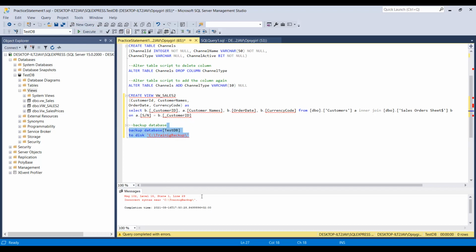Incorrect syntax near this. Oh, okay, I've seen the error. There's a missing equal sign here. It's the syntax, so you have to use an equal sign. Okay, so backup database, this database to this location. So once I execute,